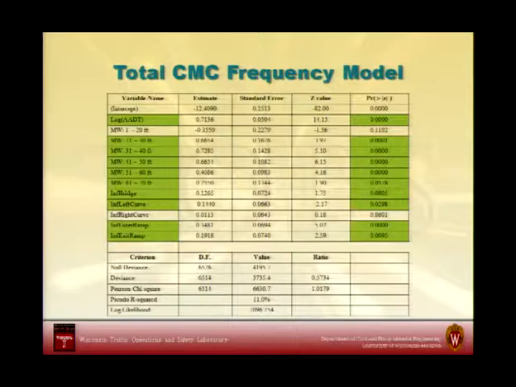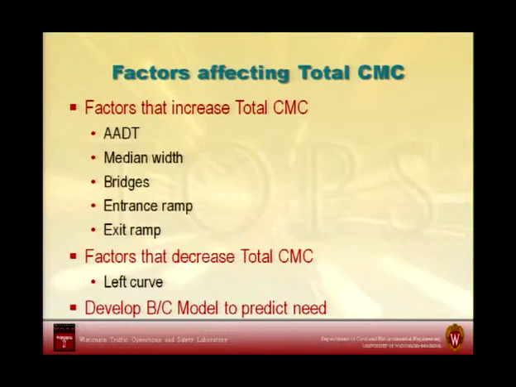So once we got to the end here, there's way too many numbers up here for you to process, but we began to go through the statistical procedures of identifying what are those key variables that exist in predicting these types of crashes. Okay? And if I can summarize this into some words, this is what we know. We know that there were a number of factors, some logical, some perhaps not so logical, that increased these types of crashes. ADT would change it, so I think we all probably would expect that, along with median width.